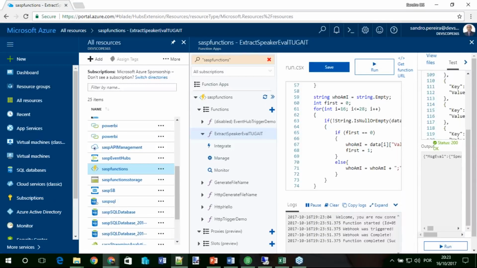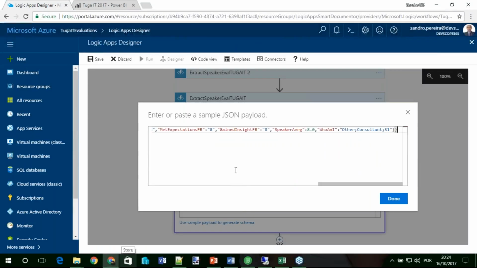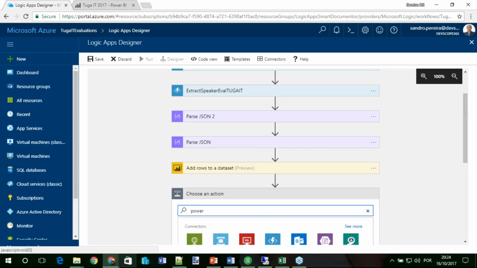So you copy that response and generate the schema based on that response, and this will create the schema that will parse. So now, the last step is to connect to Power BI, just a simple way to Power BI.